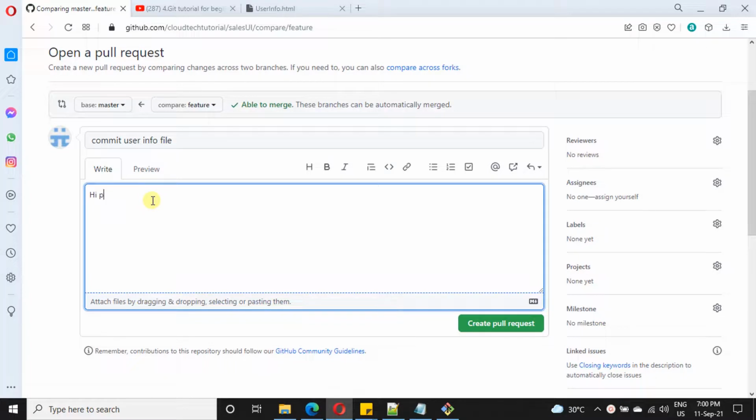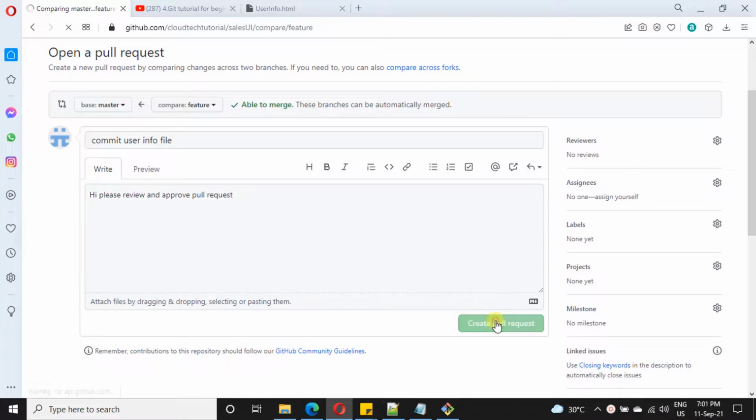If you have any reviewer to approve this pull request, just type your message to the reviewer. Just type something like please review and approve. After typing this, just click on create pull request.